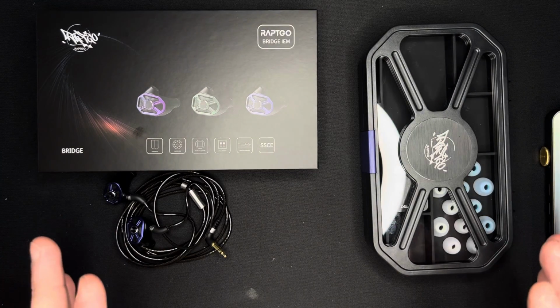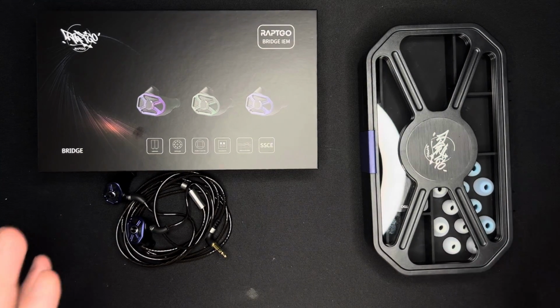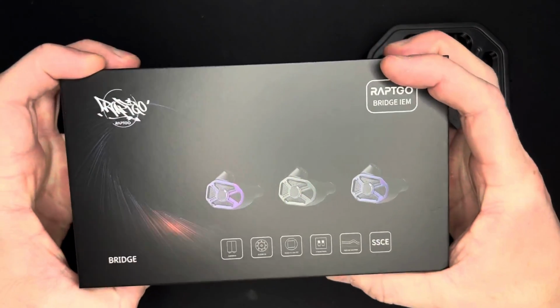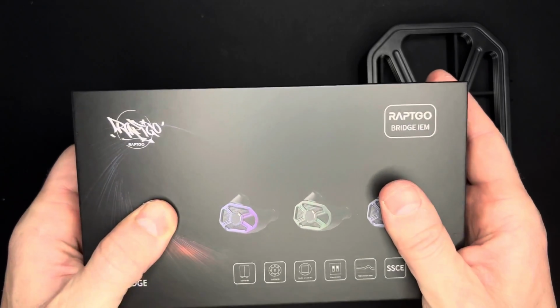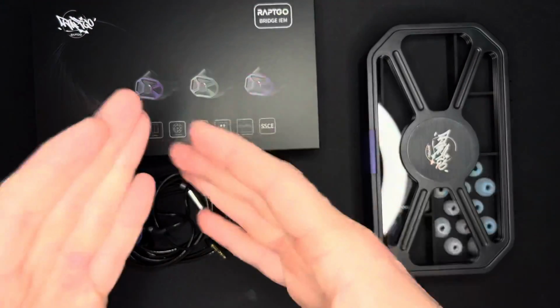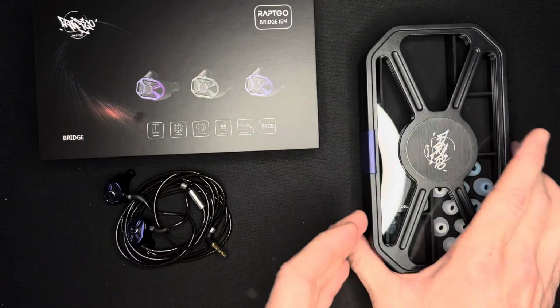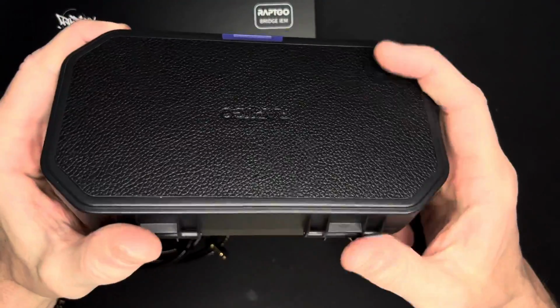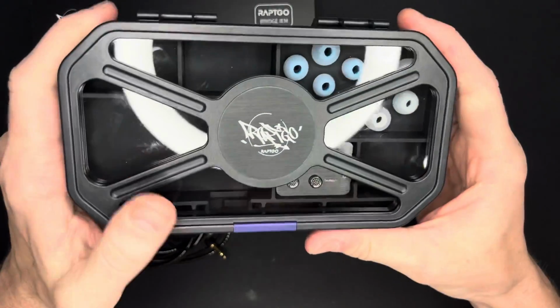This is something that people have been asking for, and I wasn't too sure why, hadn't heard about these IEMs. Then I got them in and I picked up this box and I was like, damn, that is a hefty feeling box. Felt premium, presentation absolutely excellent with the box, but then I opened it up and the earphones came in this, which is, I'm going to say, the best carry case that I've ever seen from any company